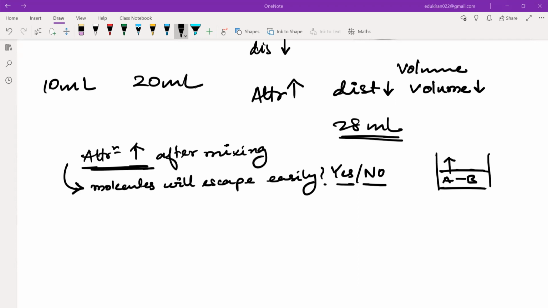Sir, I think it's no. No, सही है। Saf, what do you think? After mixing. After mixing, I'm saying, what will happen? The molecules will escape easily, yes or no? Maybe yes. ये आप लोग को क्या हो गया? बिल्कुल हाँ।